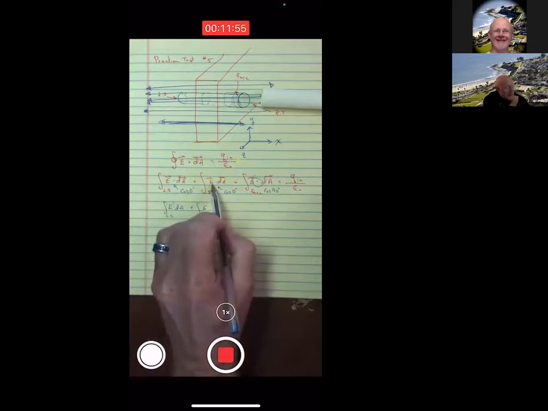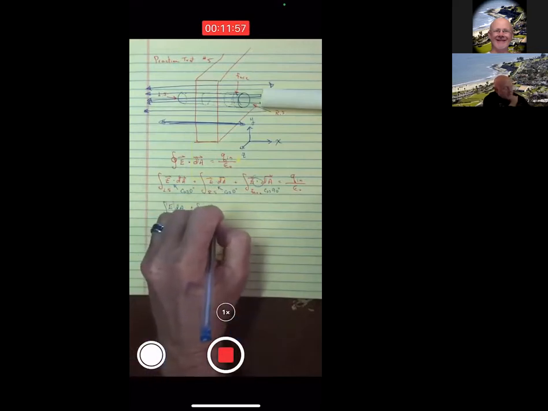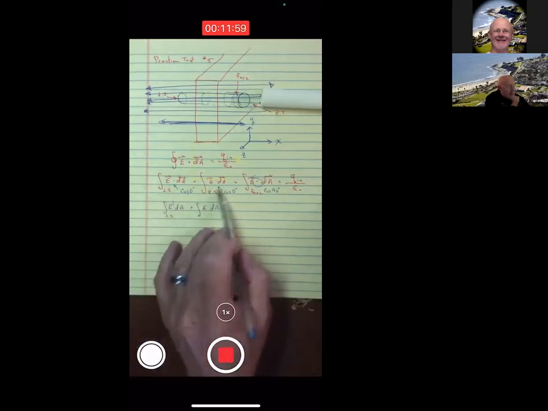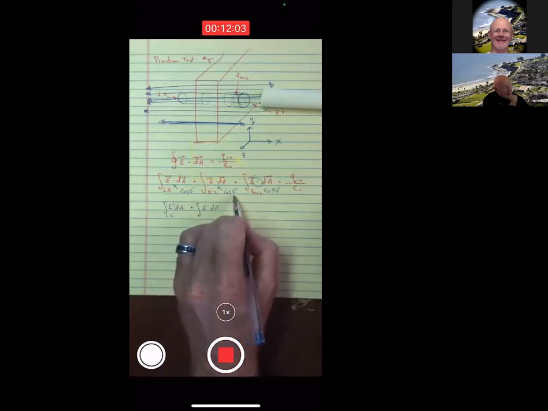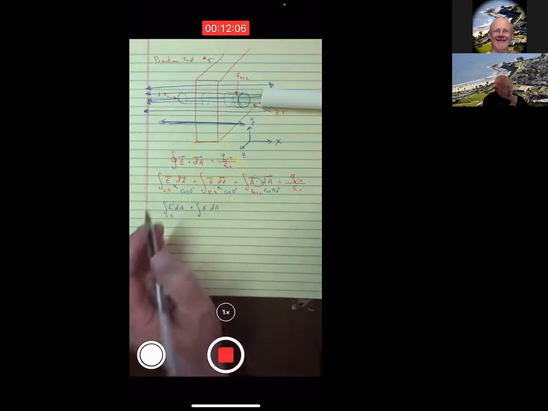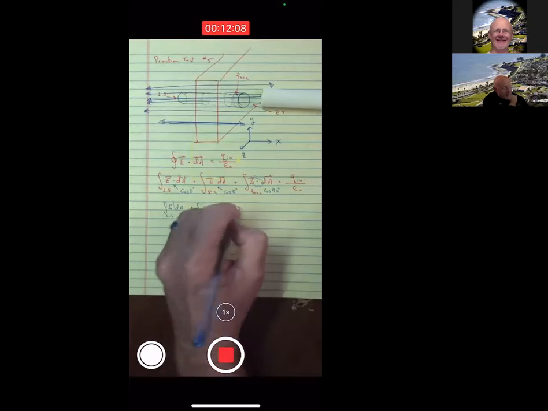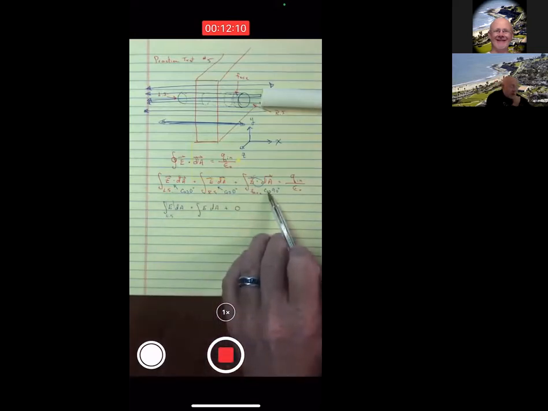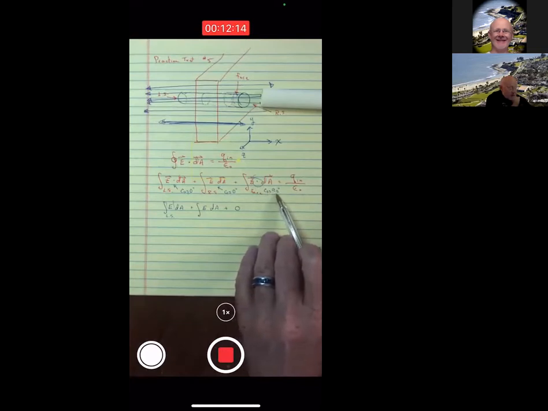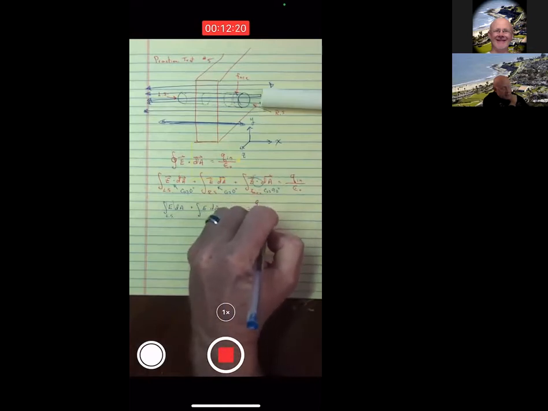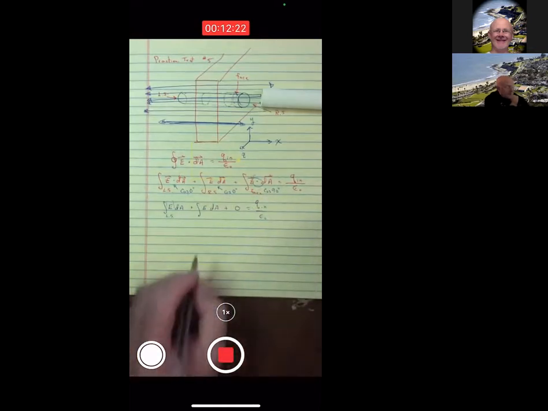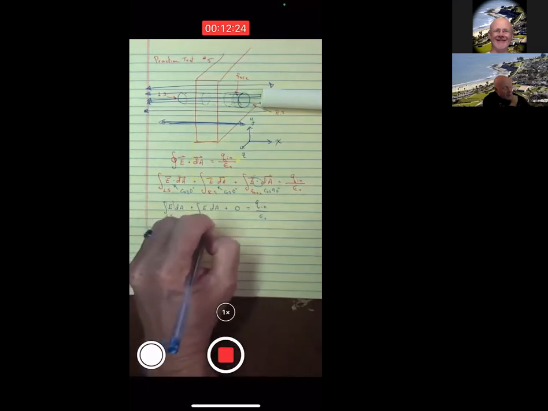It would be the magnitude of the field on the right times the area dA times cosine of 0 degrees, which is 1. And this was an important one here, is that on the face, we would have cosine of 90, which is 0. And so we get a 0 from that integral. And that's really important here